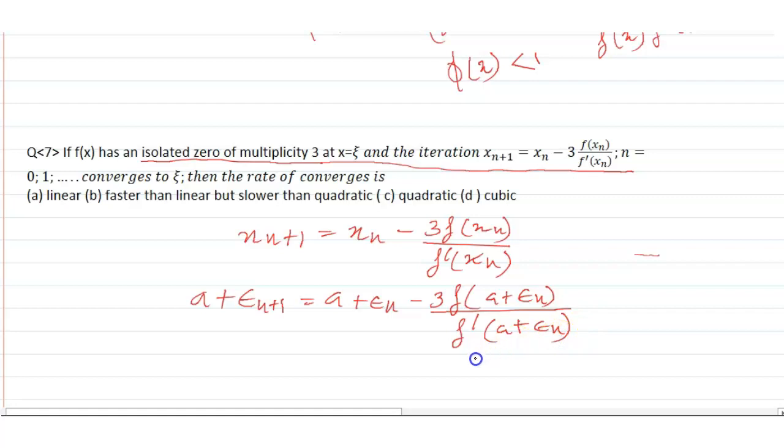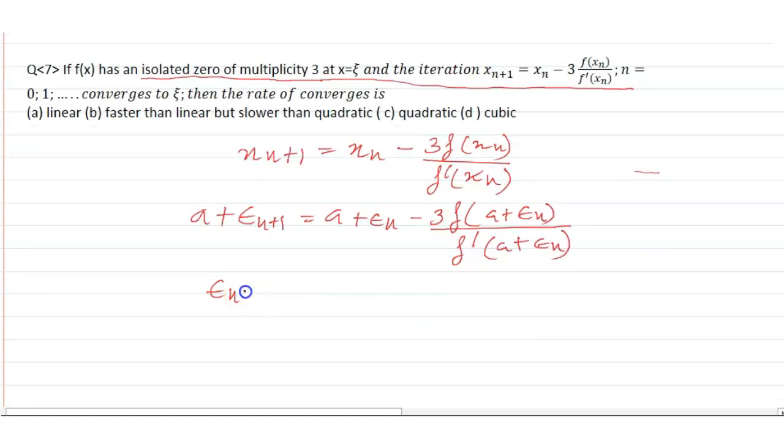It can be written this way, and epsilon(n+1) equals minus f(a), and applying Taylor's theorem,